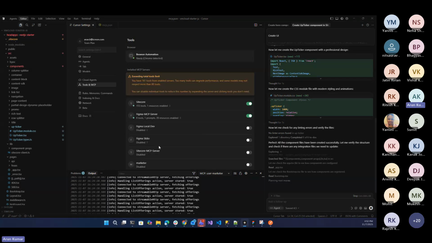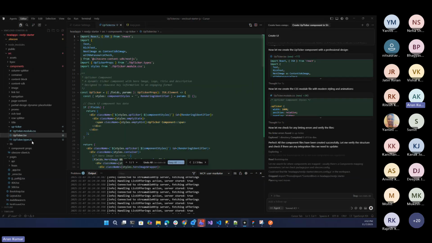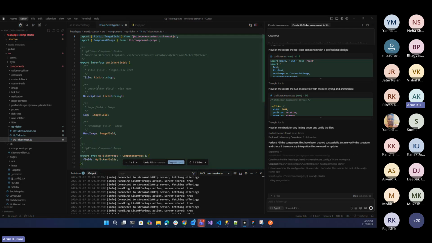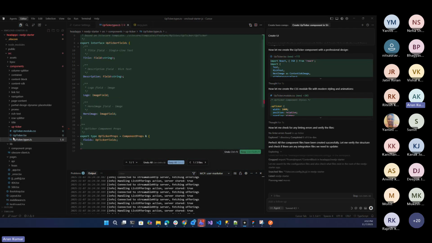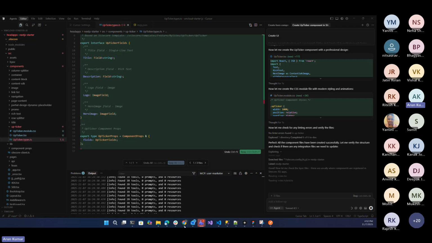So now you can see the MCP agent has created the module CSS automatically, created the component, and read the field types based on the template we have created in the backend, and the component is ready. Now, if you go and try to run the page,